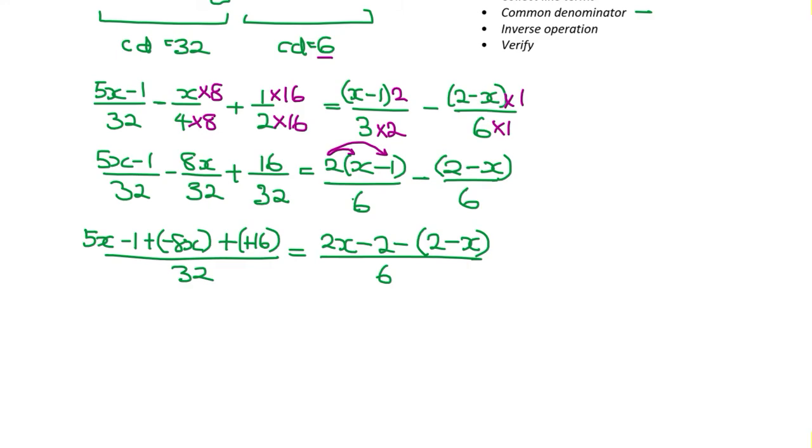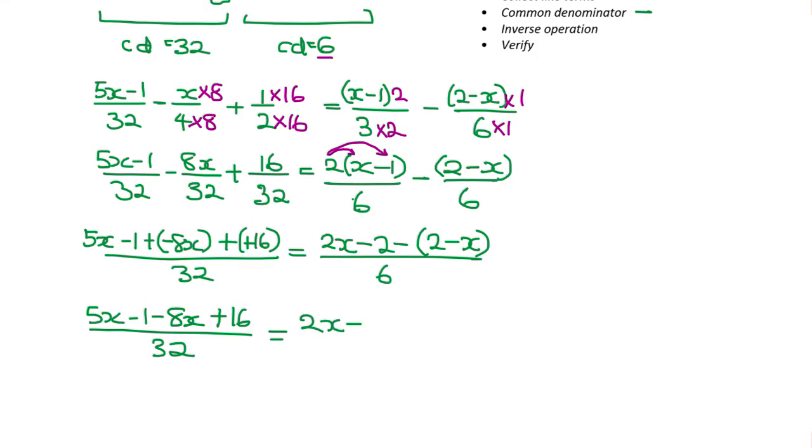So once we have that, we have to evaluate the left side where we have our signs all in there, and we have our bracket between these two signs. So once we rewrite the 5x minus 1, positive times negative 8x gives us negative 8x, positive times positive 16 gives us positive 16 over 32, and this here is equal to